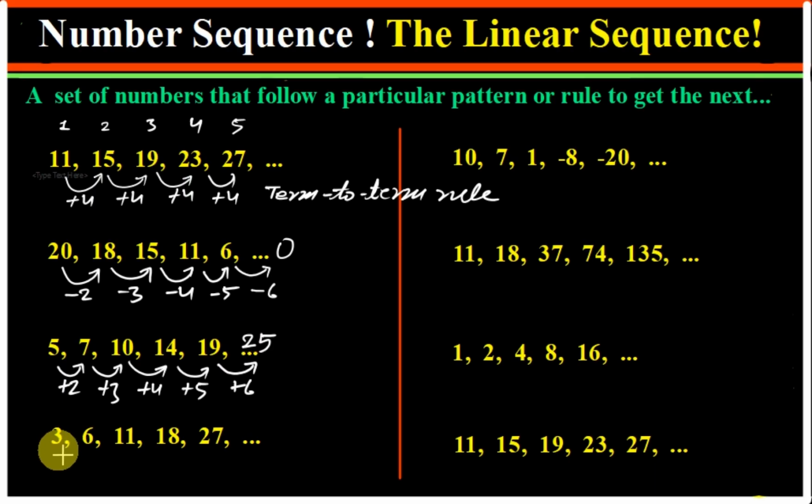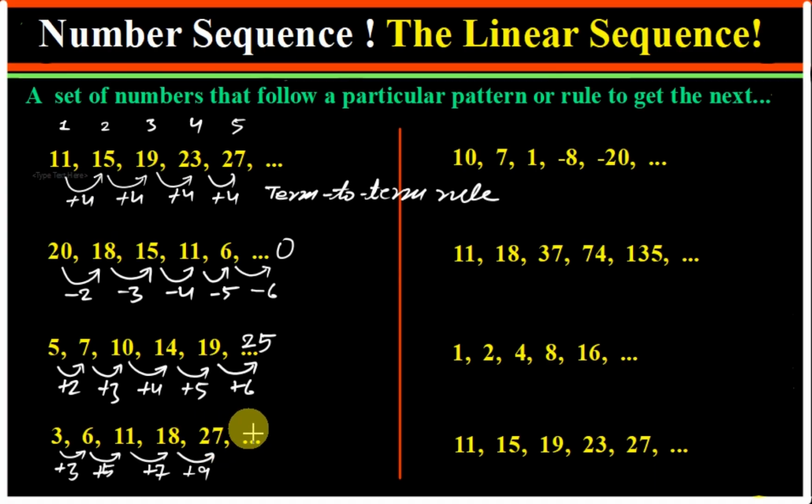And if we see the next example here, what are we adding? If we add 3 to the first term, we get the second term. If we add 5, we get the next term. Again, if I add 7, we get the next term. Again, if we add, what will we add now? 9. Then we get the next term. So see, we are not adding the same thing all the time, but still they are following some specific rule. So this is also one sequence, a number sequence.